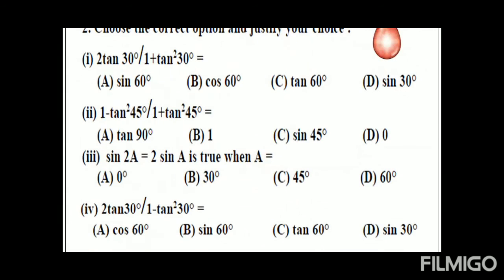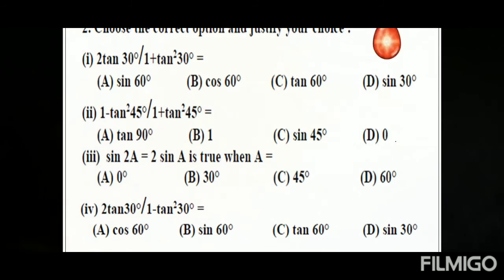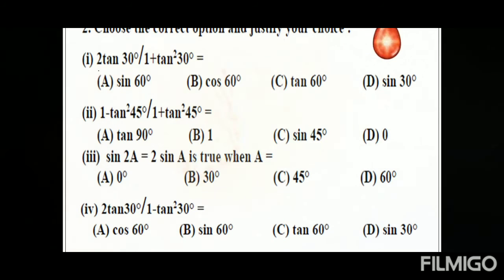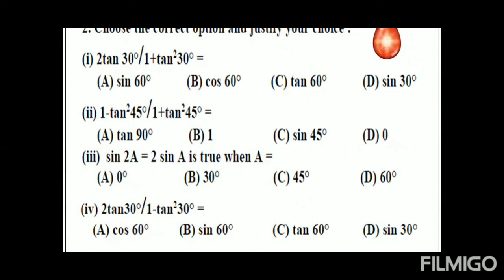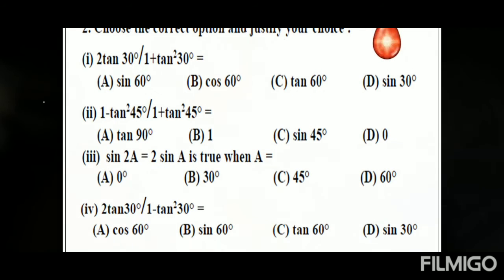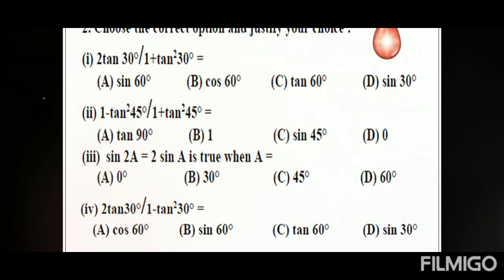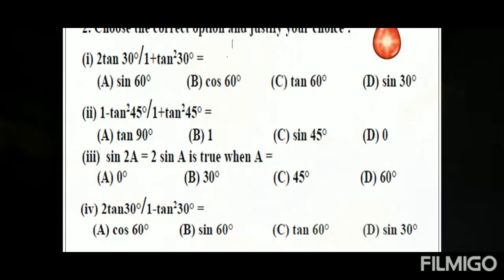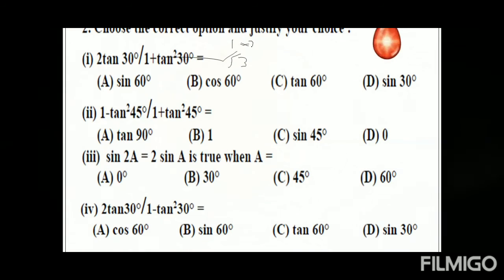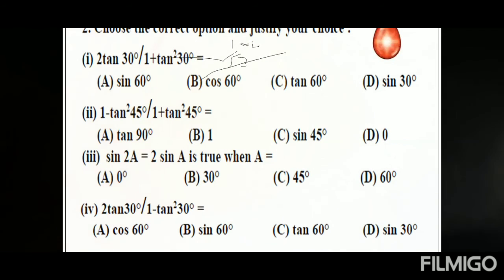So we have entered the second question. Choose the correct option and justify your choice. 2 tan 30 by 1 plus tan square 30 equals what? So what is tan 30? Tan 30 is 1 by root 3, okay? 1 by root 3 into 2 by 1 plus